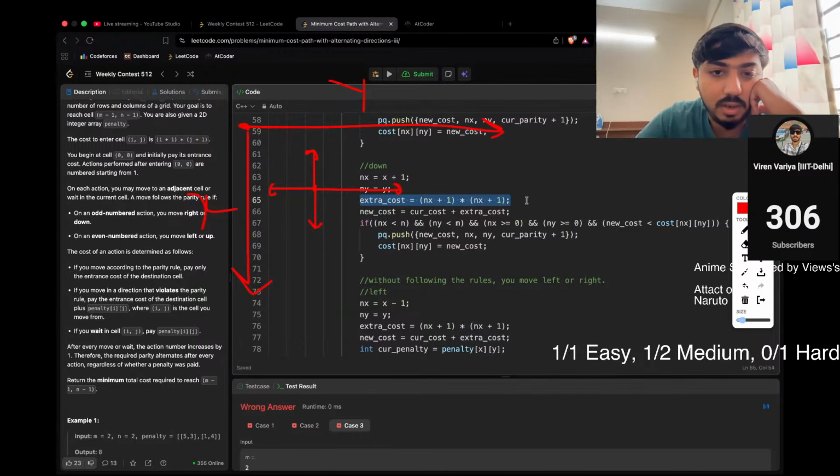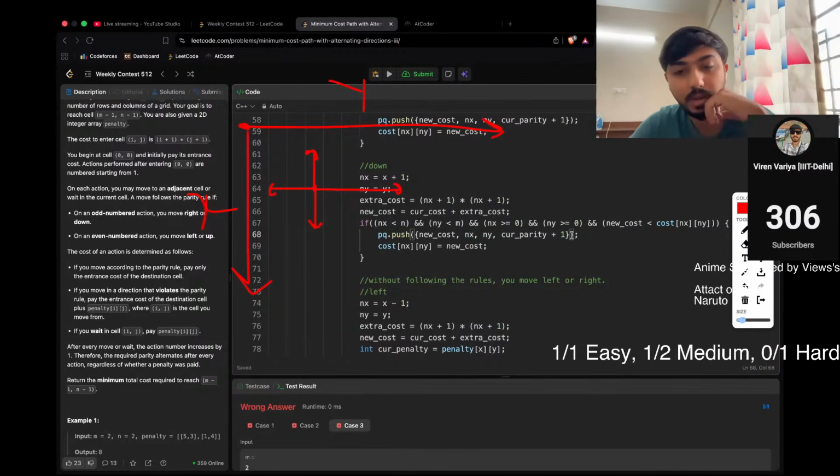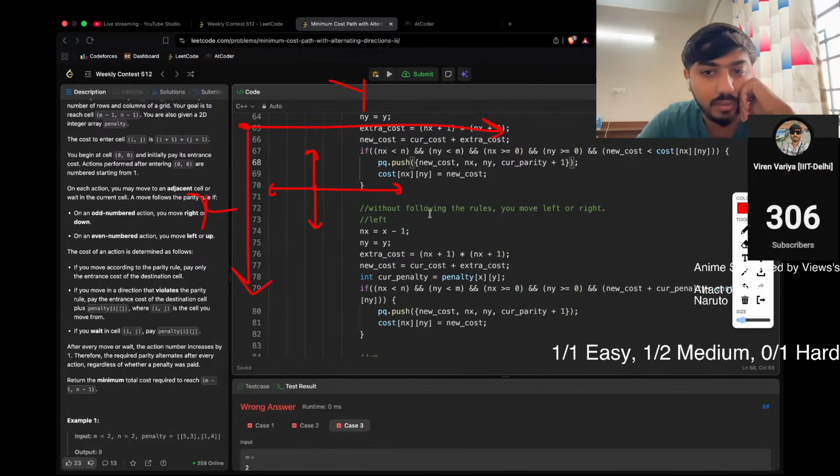This is my extra cost to enter the cell, and the new cost is the current cost plus the extra cost. Everything remains the same, right? New cost, x, y, and the parity change. Now, if I move without following the rule,